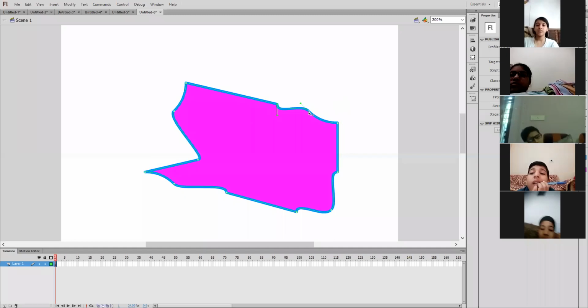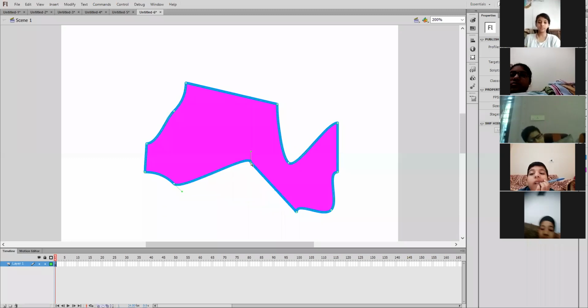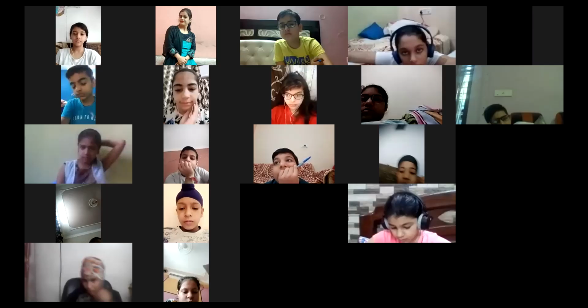Am I clear, students? You can drag the nodes inside. You can drag the nodes outside in order to make changes in your shape. These are the nodes that are present on your desired shape. Am I clear, students? This is the use of the sub-selection tool. Am I clear?